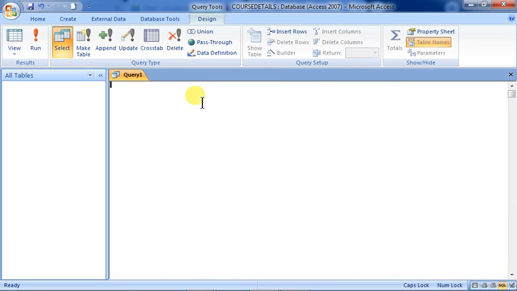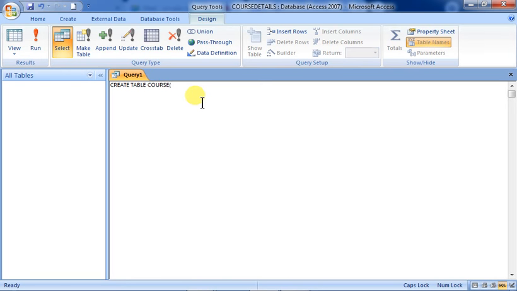Here is the structure that I have taken for the table. There will be a department ID, a course ID, a student's name, and a category. First of all, I am taking CREATE TABLE, and the name of the table I am giving is course.